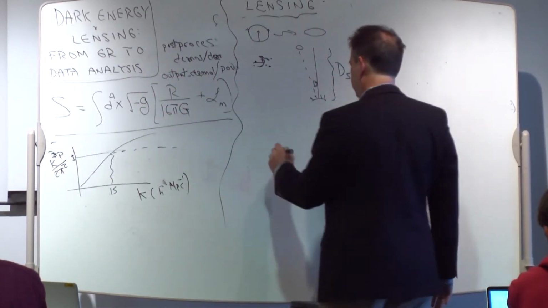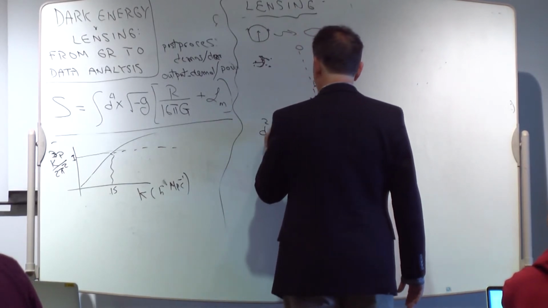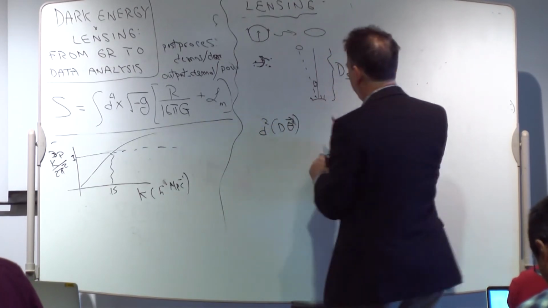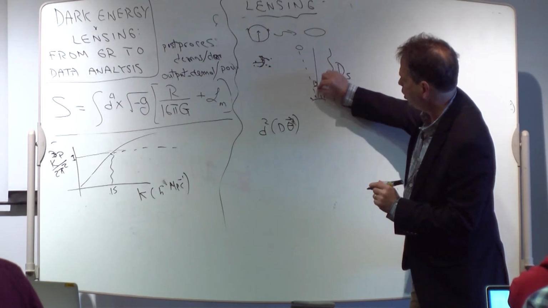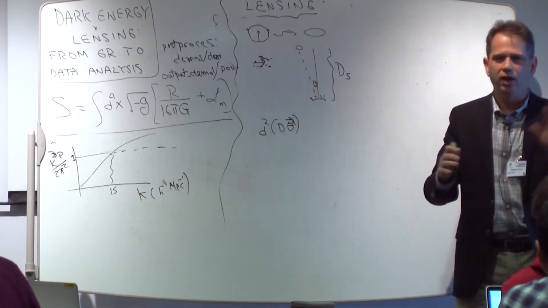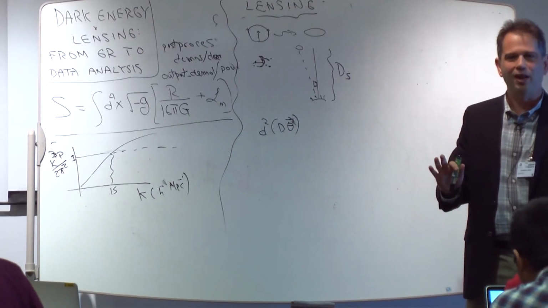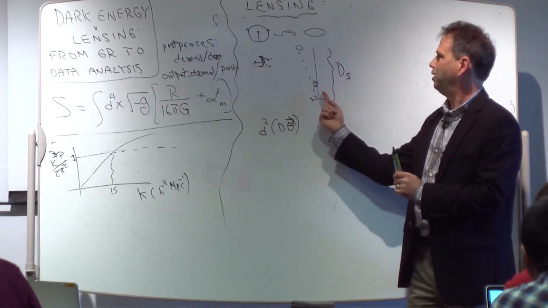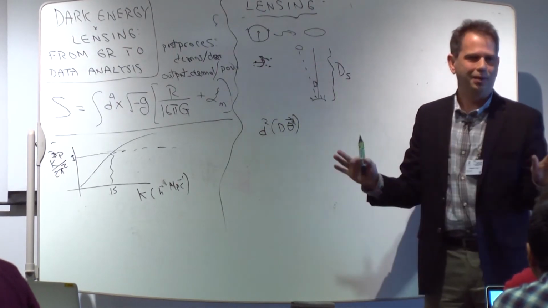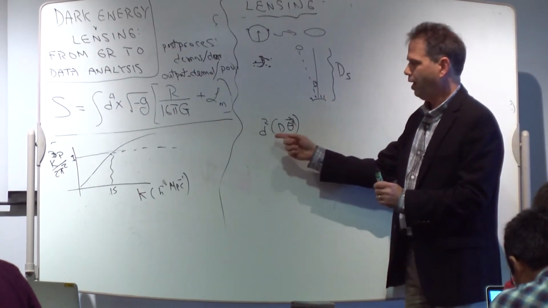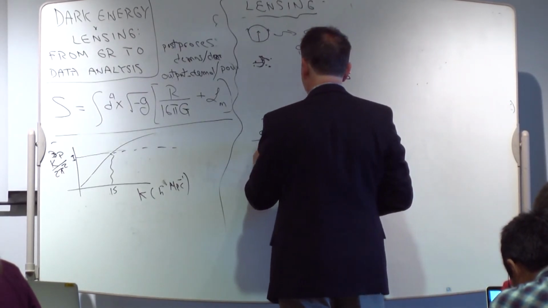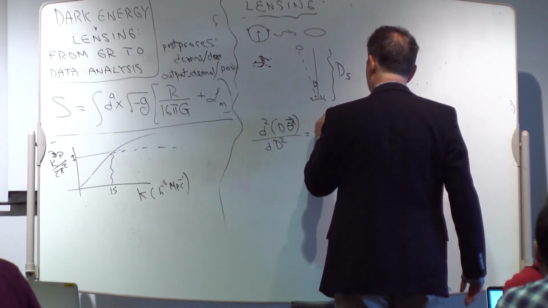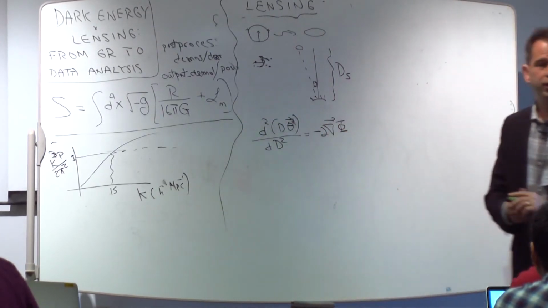Okay, and there's an equation for it, the geodesic equation, which follows directly from this action. Let me write down what the geodesic equation is. The second derivative of theta. So theta is this angle. D is the distance along the line of sight. In astronomy, you never have to worry about sines or tangents because it's small angle. So theta, the perpendicular distance, is always equal to theta times the distance you're at. So that's a great thing about astronomy. You don't have to know trigonometry at all. Okay, so then anyway, the geodesic equation reduces to this. It's a very simple equation. It's the gradient of the gravitational potential.